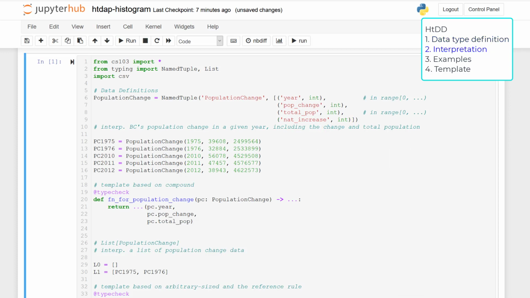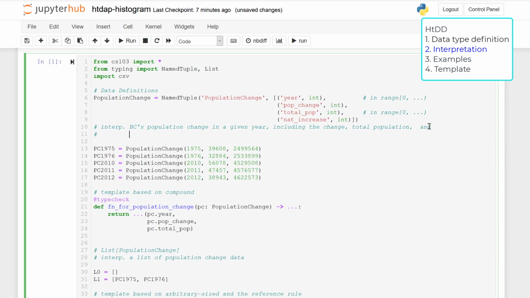Next, we need to update the interpretation to include the total natural population increase. To update the examples, I've looked at the information in the CSV file and have created updated examples to copy and paste in.